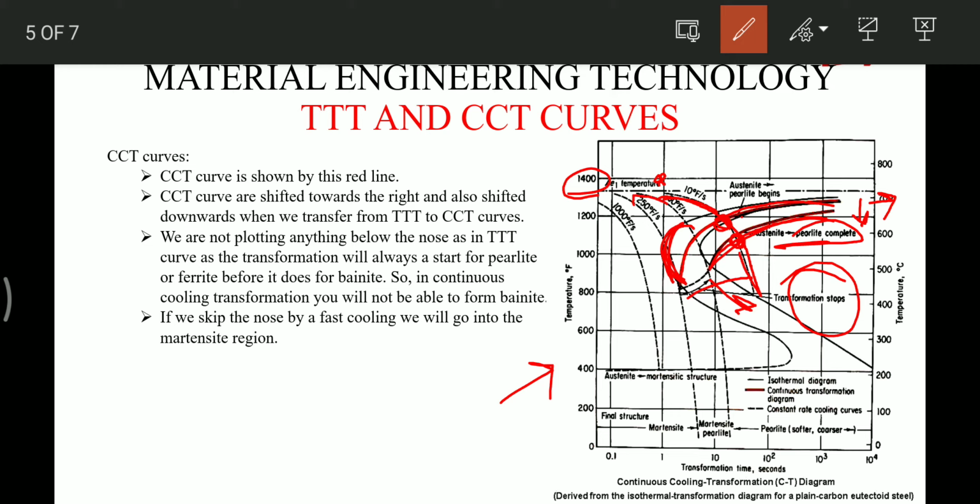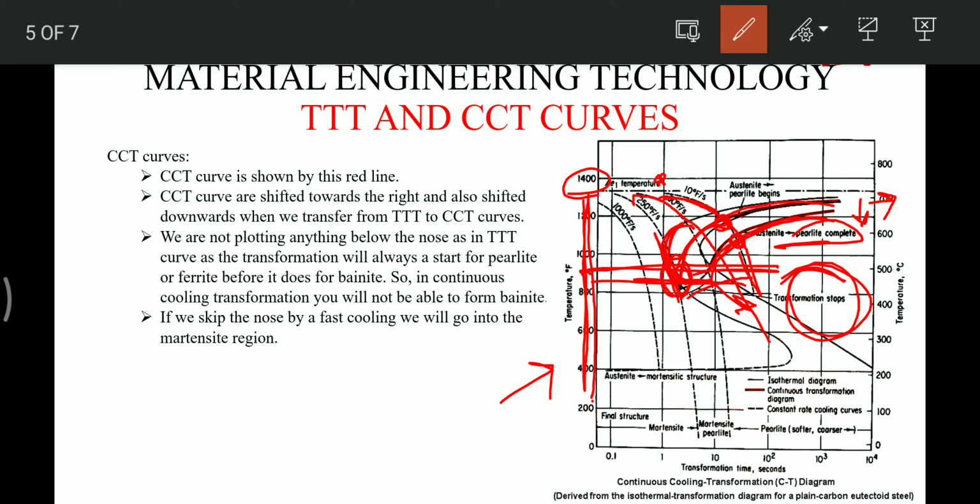Okay friends, the formation of bainite takes place after 500. This scale is not actually as per the eutectoid steel, but the formation of bainite takes place when the specimen is cooled below 500 at isothermal temperature. But below 500 there is no curve. Basically after the nose there is no curve. The nose takes place at approximately 500 degrees Celsius. So below 500 there is no nose for the TTT curves or CCT curves. So that is why bainite formation does not take place.